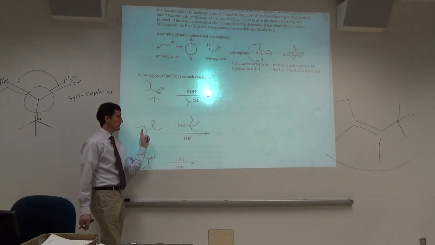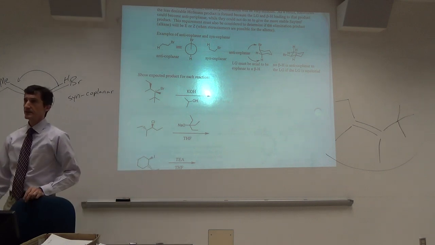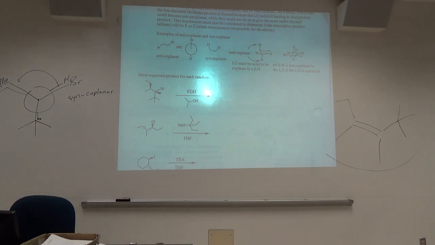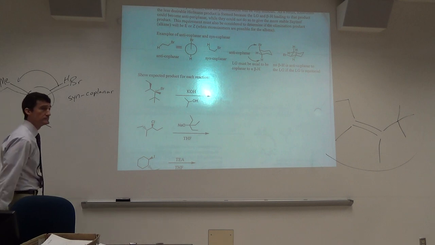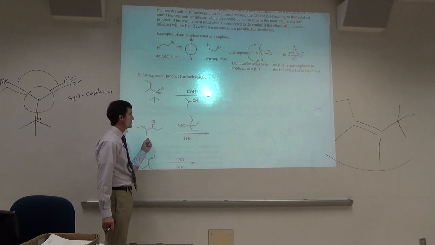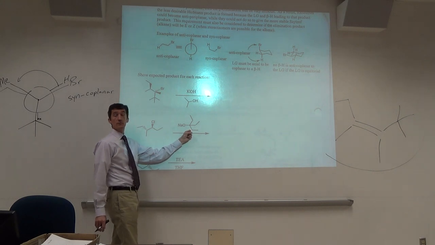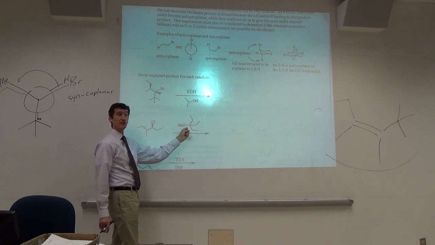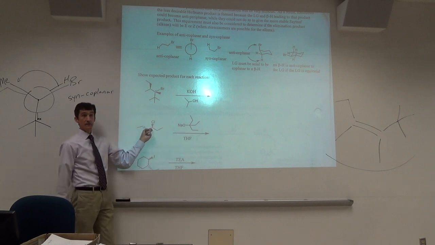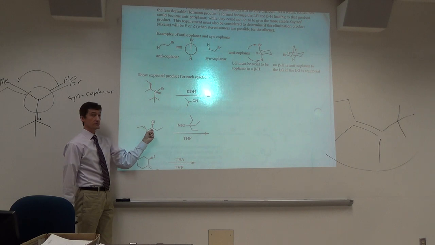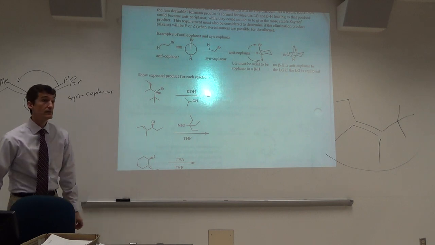It's either SN2 or E2. Somebody tell me which one's going to be favored and give me a reason why. E2. Why is E2 favored? Since it's sterically hindered. What's sterically hindered? The strong base is sterically hindered. You remember when we did SN2, what really affects SN2? Sterics. Very sterically hindered nucleophile slash base. Also, this is secondary, which is a little bit sterically hindered. Primary would be less sterically hindered. You could theoretically do some SN2 here,